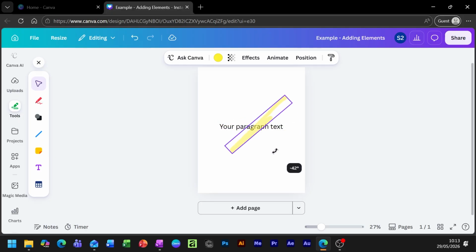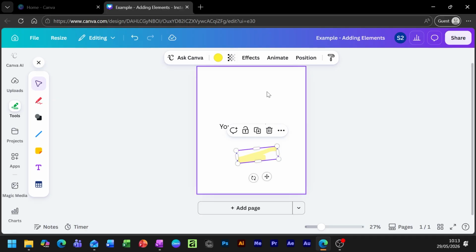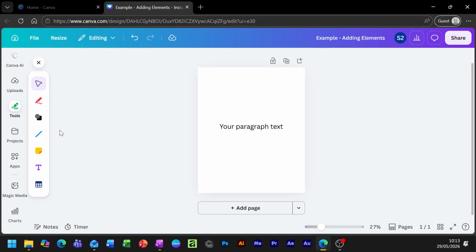And this works in the same way. So you can select these, you can make them bigger or smaller, you can move them about, you can stretch them up, down, to the side. So these are nice little things that you can do to add a bit more of a personal drawn touch to this. You can also add